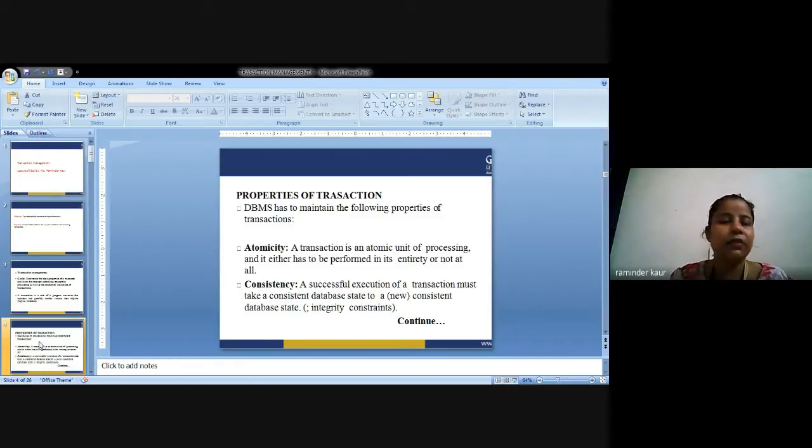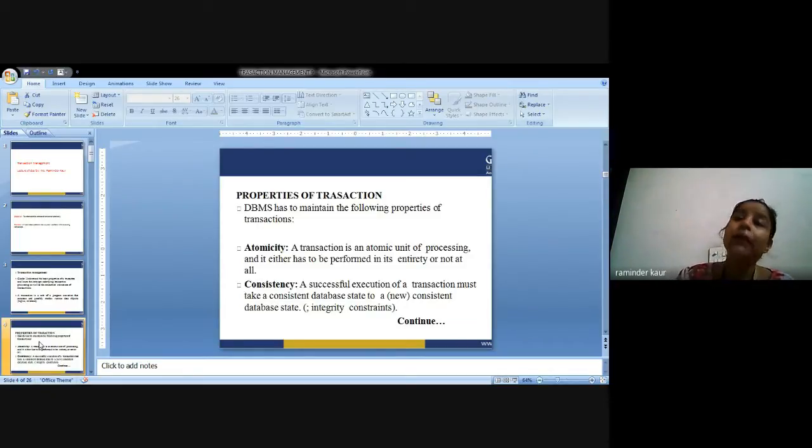Now what will be the case? First, in the transaction, read the account of A, what amount it is holding, then A is equal to A minus 50. Let's say account A has 100 rupees, and out of that 100 I am deducting 50 rupees, so it will be 50. Now write A, which means 50 rupees will be written, 50 is left. If there is 1000, then 950 will be written.